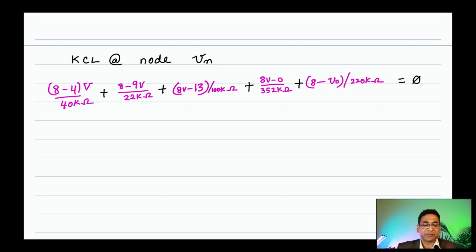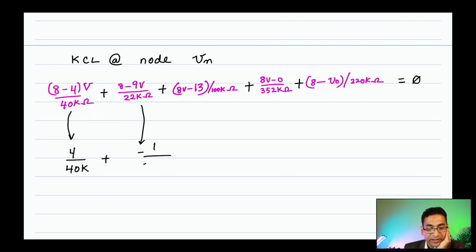They should sum to 0. Now, you see, it's just a matter of simplification at this point, right? So this one is going to turn out to be 4 divided by 40k, plus this one is going to turn out to be negative 1 divided by 22k